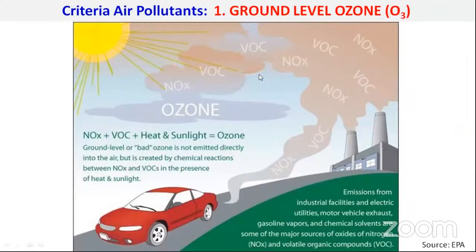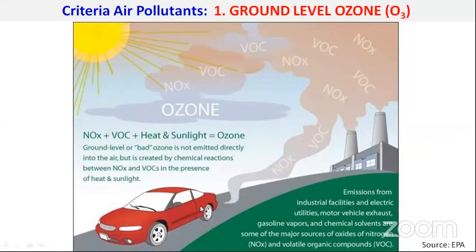And the sun's good rays are good, but bad rays are also very dangerous. One of the components of the sun's bad rays is ultraviolet rays, and they have got to be cut off. So at the troposphere level, this ozone layer takes care of that. But at the ground level, because of these chimney gases, because of